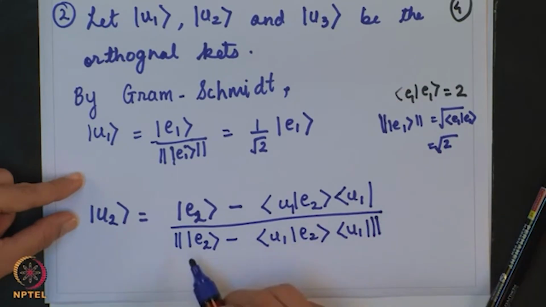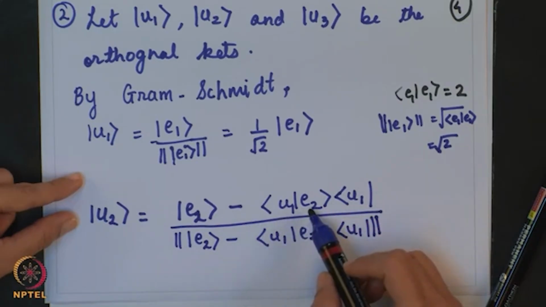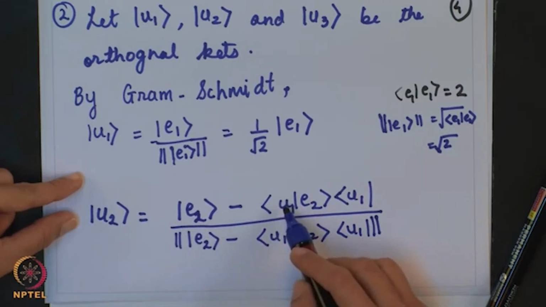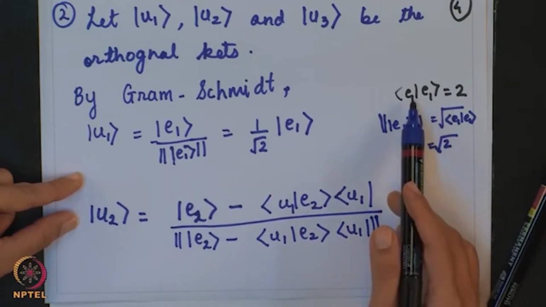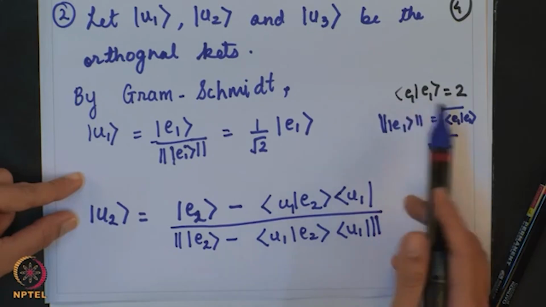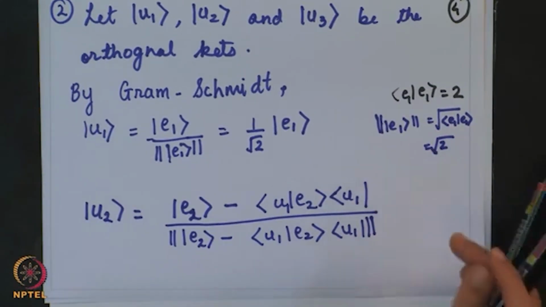Okay. Now it is very easy to calculate this. Now once you know U1, or rather you can write U1 here in terms of E1, and then you are given the relation between the 3 eigenkets when you operate one on the other. So what you can do here is, first let us see what will be